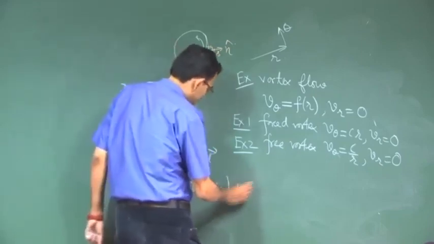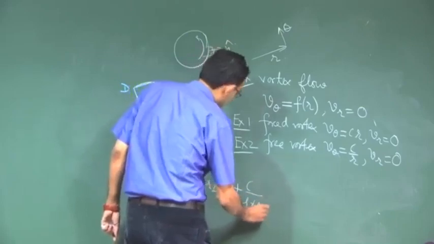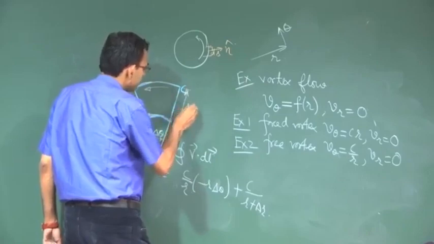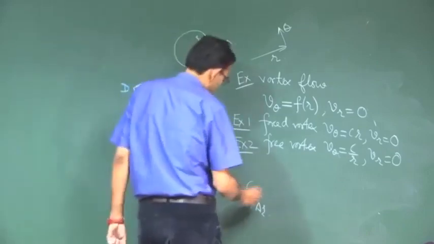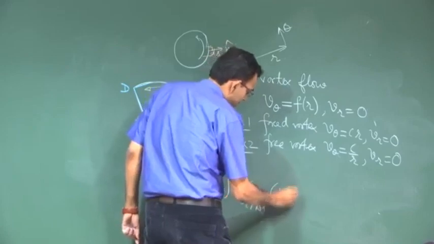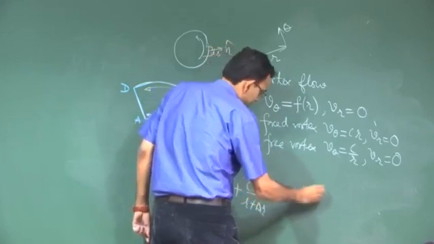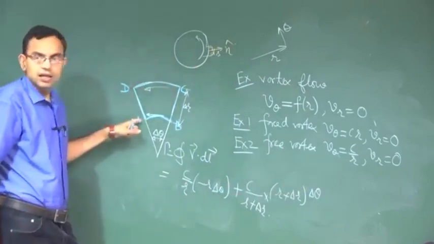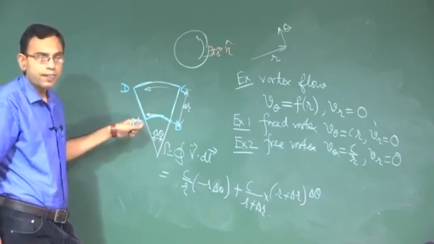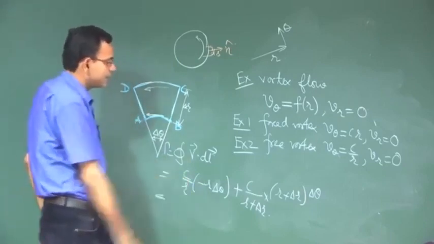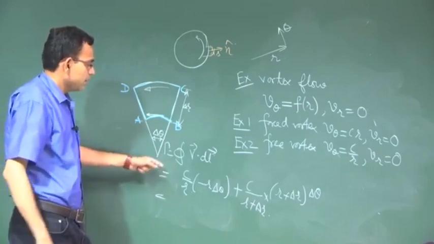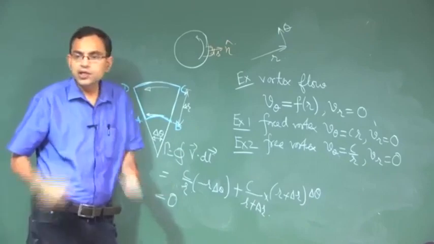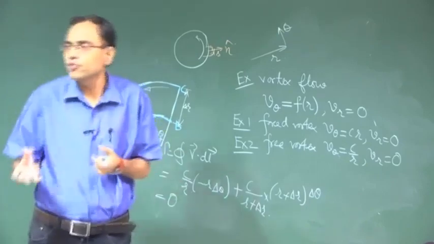So, v theta is C by r plus delta r, where this is delta r, into r plus delta r delta theta, and for DA it is 0. Okay. So, what you are left with is the sum total of these two, which is 0, which is intuitively expected